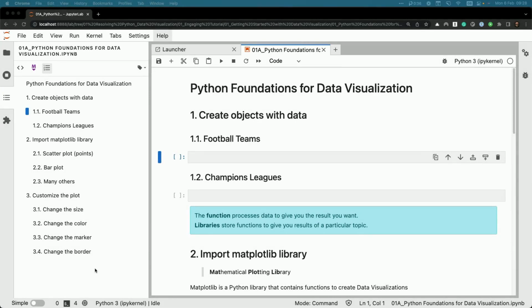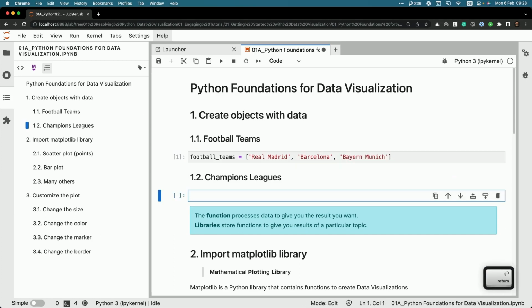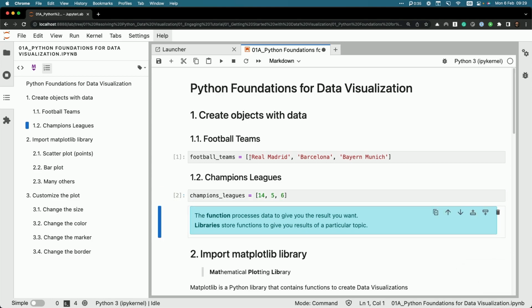Hi there, in this tutorial we will explain how data visualization works in Python with an example. Let's create some data, for example football teams: Real Madrid, Barcelona and Bayern Munich. Let's put the Champions Leagues they won: 14 for Real Madrid, 5 for Barcelona and 6 for Bayern Munich. To put things in perspective and visualize the differences between this data, we want to create a